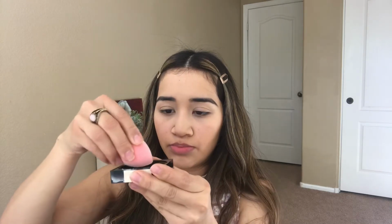To set my under eyes, I'm going to be using the Maybelline Fit Me Fair Light finishing powder. This powder I have used. I have it in a darker shade to match my skin tone, but I wanted to see how it works under the eyes, so I went ahead and got a light shade. Hopefully it works just as good as around the whole face, because I love it for the whole face. Okay, and now I'm gonna go ahead with this pink one and just press it onto the powder,